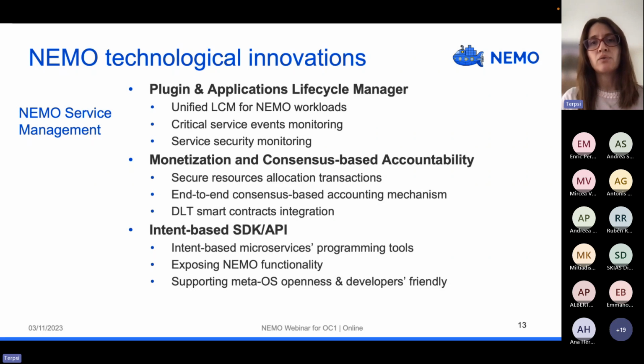The monetization and consensus-based accountability component caters for secure resource allocation transactions. It is also integrated with DLTs for smart contracts in order to ensure secure and immutable transactions between the NEMO partners, external parties aiming to use the NEMO resources and or offer resources to NEMO, and the NEMO administrators.